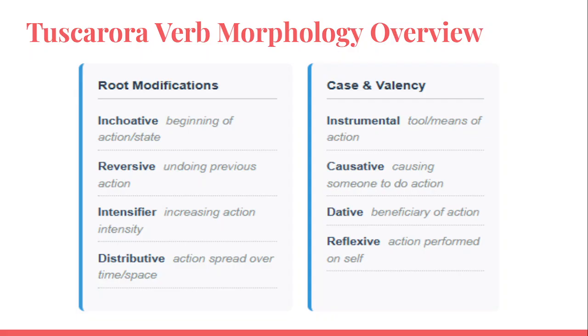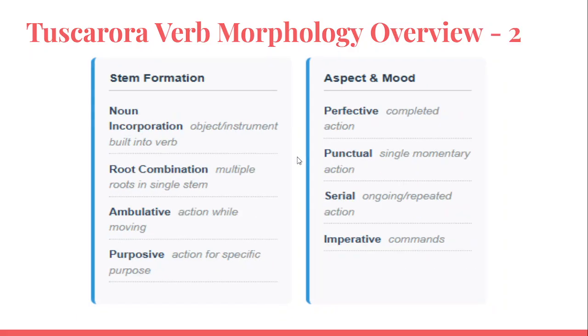Something like that. And you also can add these root modifications. You don't need to have these root modifications, but things like the ennocative, we're going to talk about the reversive here. We're also going to talk about the distributive, because these are more unique aspects of Tuscarora. And then you also have intensifiers, which exist across languages, mainly in the system of reduplication, but not all languages use reduplication for that purpose. And then you also need to have, obviously, the stem formation.